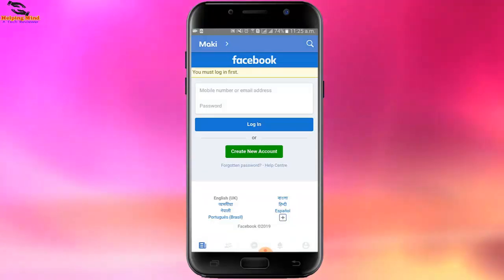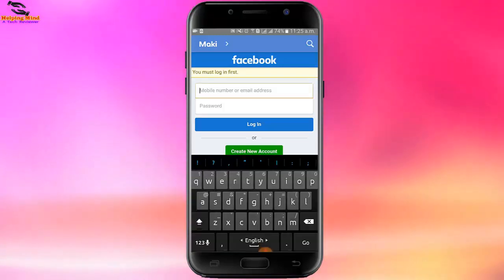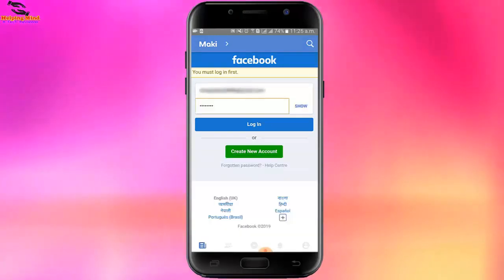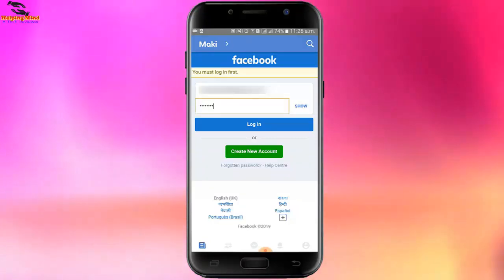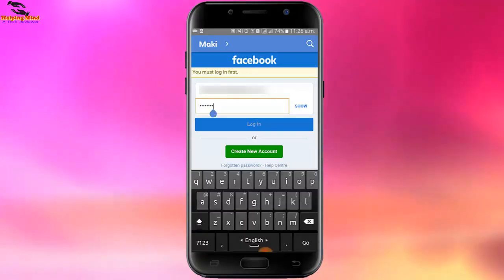You have to give the login information, email or phone number and password. I will give my email and password. After giving the information, we have to log in. I will tap on the login button.